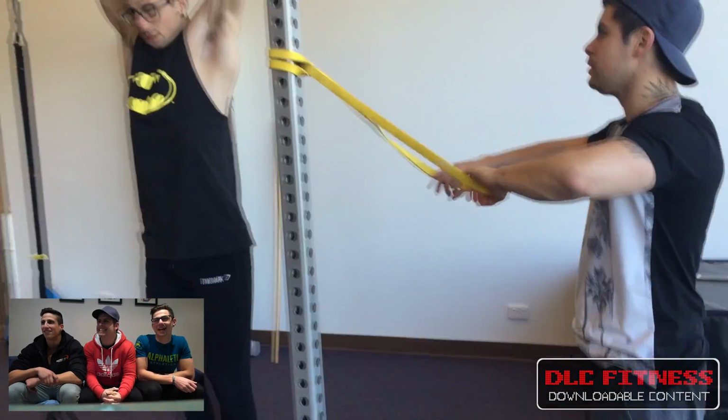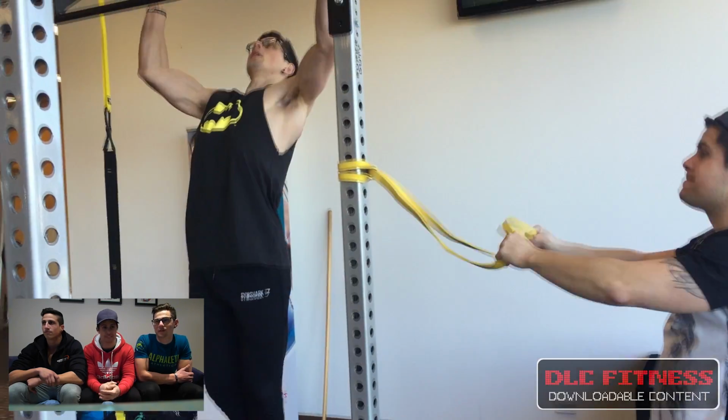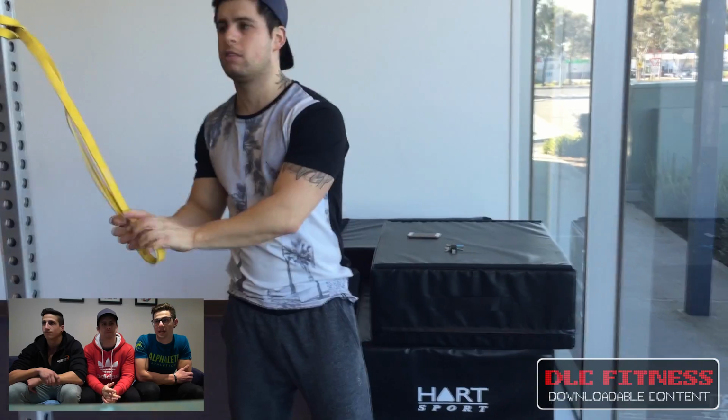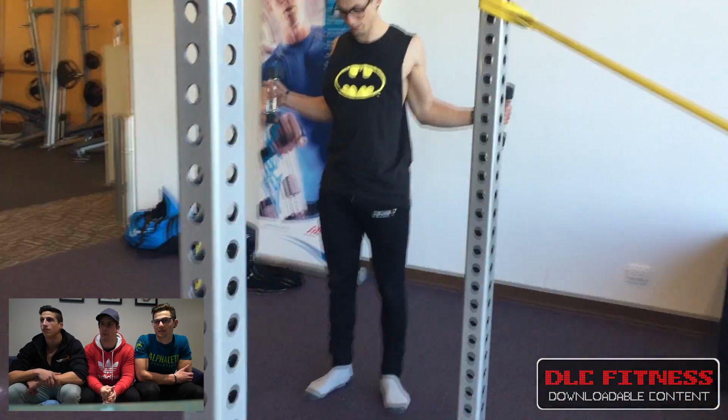It's very important to stretch before these compound movements. For these deadlifts, we like to warm up lower body and upper body, especially those rotator cuffs in the shoulders,